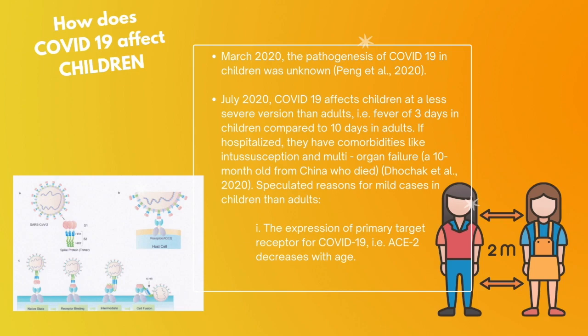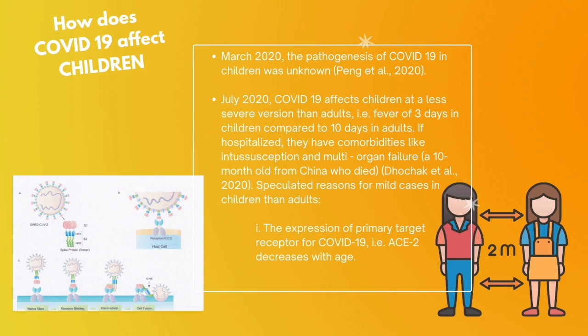For example, fever of 3 days in children compared to 10 days in adults. And if they're hospitalized, they usually have comorbidities, like gut problems such as intussusception, and multi-organ failure. A case in China, a 10-month-old, passed away. Speculated reasons for mild cases in children and adults is that the expression of the primary target receptor for COVID-19, ACE2,